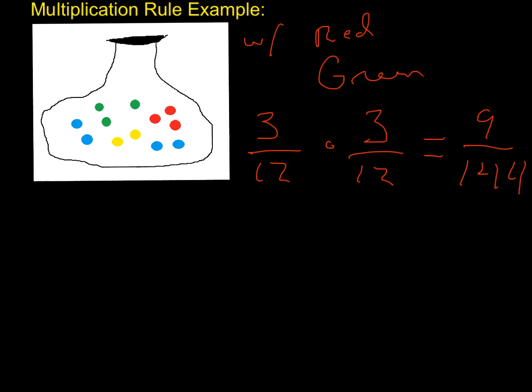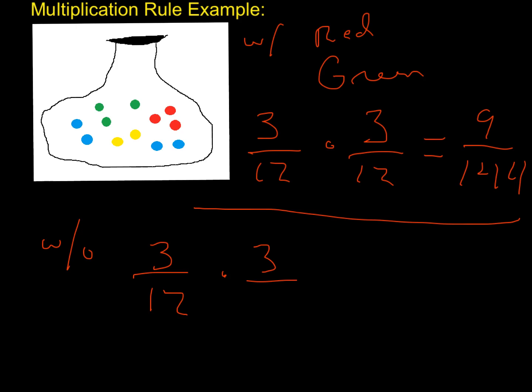Now, if I were to conduct the exact same trial, except without replacement this time, I would have to calculate it like this. So if I want to do without replacement, it's probability of red, which is still 3 of 12, times probability of green, assuming that I picked a red marble and it's now sitting outside my bag, so there's 3 marbles that are green, but there's only 11 marbles in the bag. So this would result in 9 out of 132. So as you can see, testing with or without replacement will change the probability slightly when it comes to